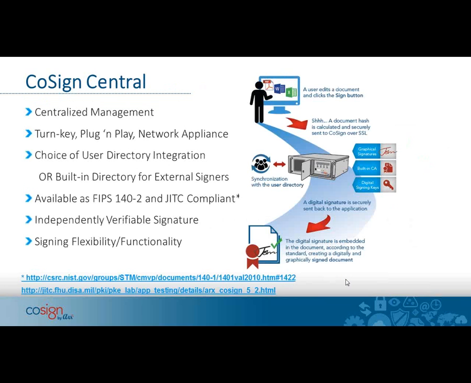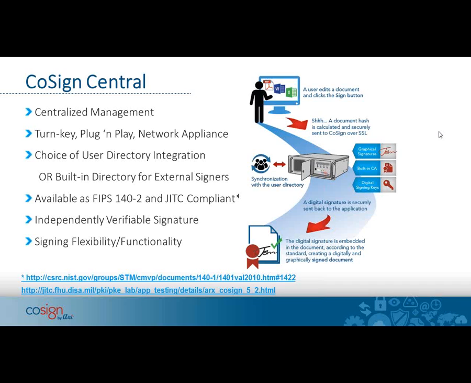So what is Cosign and what makes this different? If you were to go and use digital signatures today, you may go to a certificate authority. There's companies out there that will sell you certificates, and they will allow you to sign your documents. What Cosign does essentially is centralize the solution and turn your organization into a certificate authority itself. So it really cuts down that cost of having to buy all these individual certificates, which can be several hundred dollars each when you're buying them for everyone.